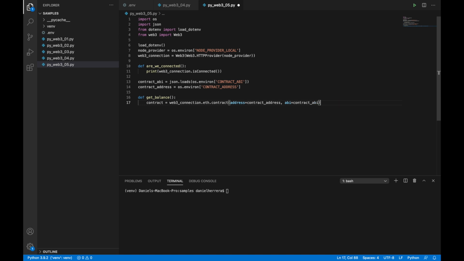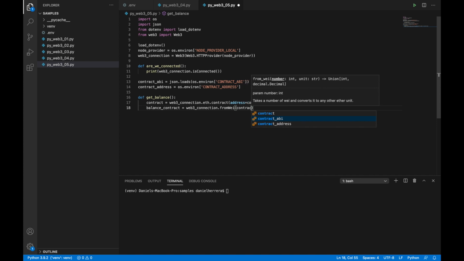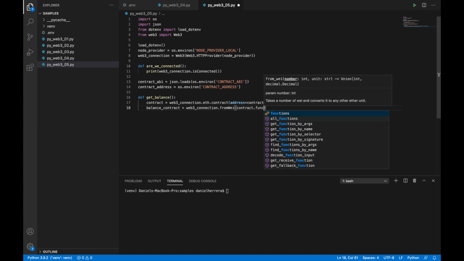So we have our contract object. Now, to read from that contract, we are going to create another variable here that we're going to call balance contract, and that balance contract will be equal to Web3 connection from Wei, because the balance is in Wei, and we're going to translate it to ETH, and then the value that we're going to get is contract functions